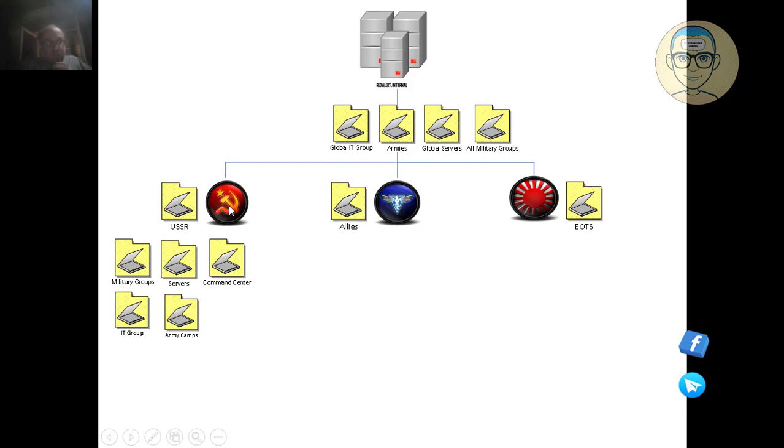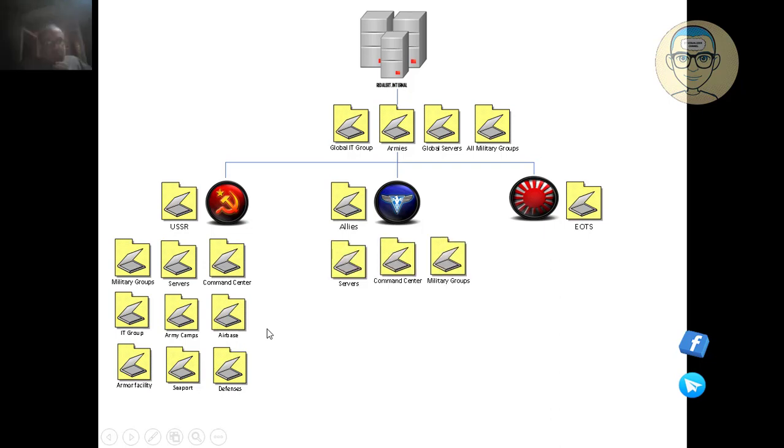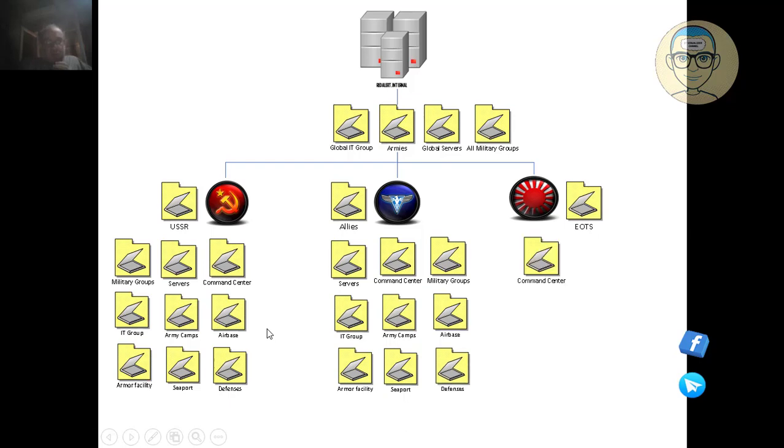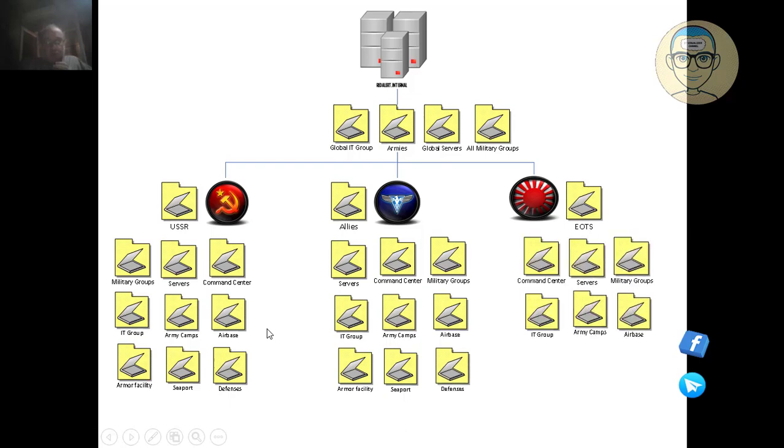This is the users for the Russian army. They will be in this organizational unit. As for the air base, armor facility, seaport, and defenses, all of these are the computers of the Russian army. So this is the servers, and the four organizational units will contain the computers in the Russian army. And the same structure will apply for the Ally army, and the same will apply for the Japanese army. Okay, what we will do to secure our domain or to secure our network, we will add a couple of additional